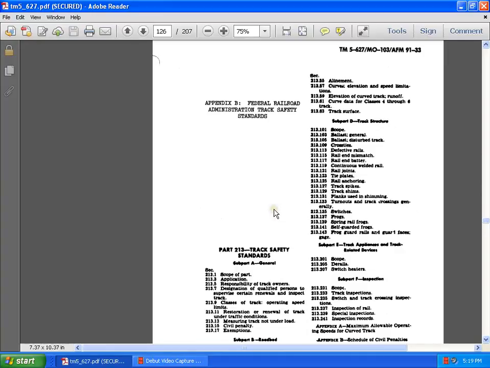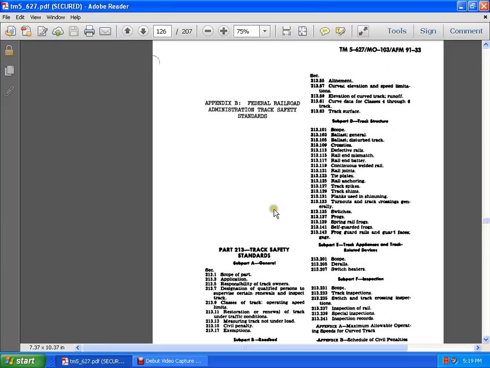Appendix B, Federal Railroad Administration track safety standards. Track safety standards: scope of part, application, responsibility of track owner, designation of qualified persons to supervise certain renewal and inspection, tracks, classes of track, operational speed limits, restoration or renewal of track under traffic conditions, measuring track and unloaded